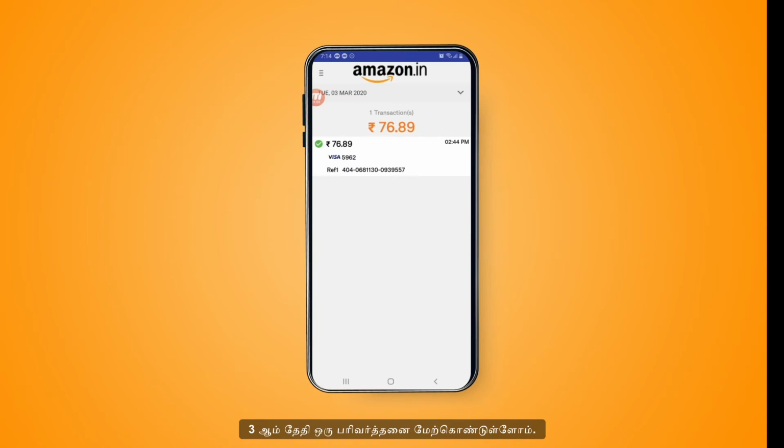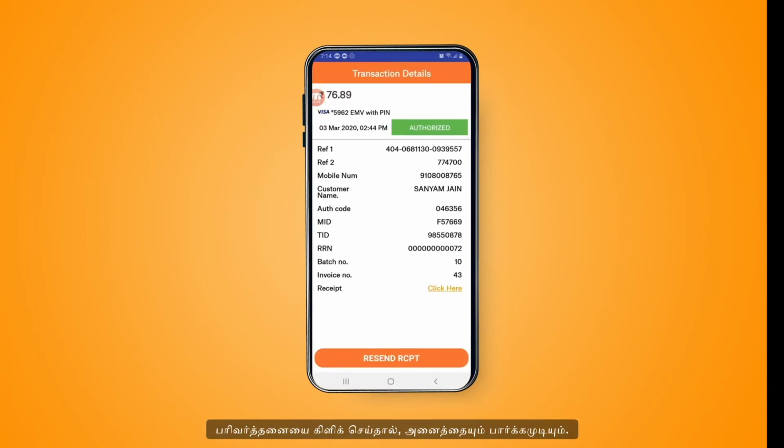You select a particular date, you will be able to see how many transactions were done on those days. So on the third, we have done one transaction. If you click on that transaction, you will be able to see everything here. So transaction history basically allows you to see the transactions you have done for the day and also see older transactions by selecting the date range. You can choose a particular transaction you would want to view, which is what we have selected, one transaction.